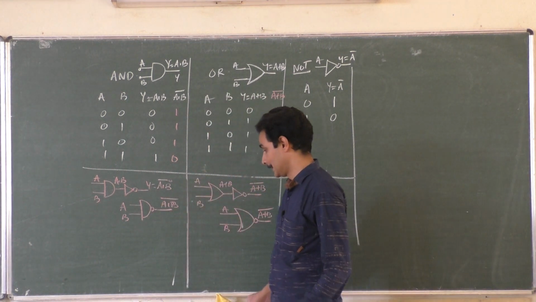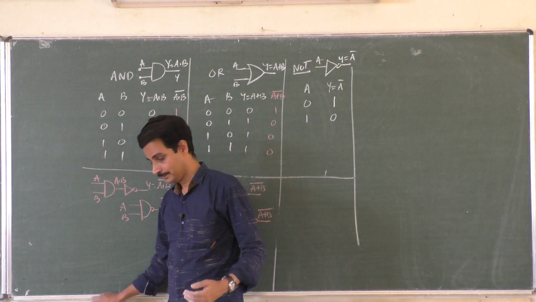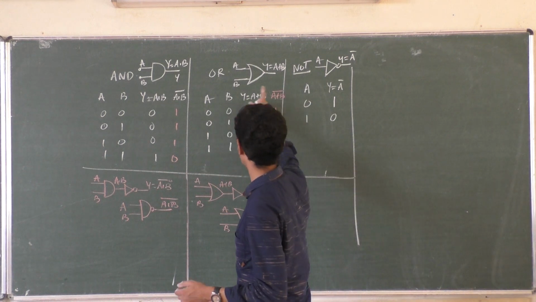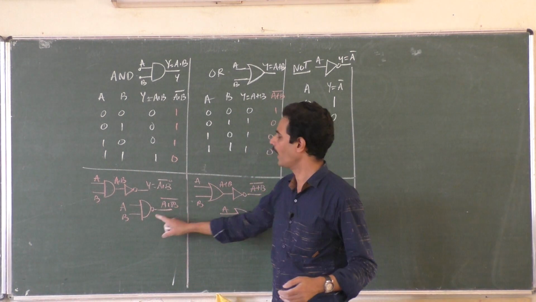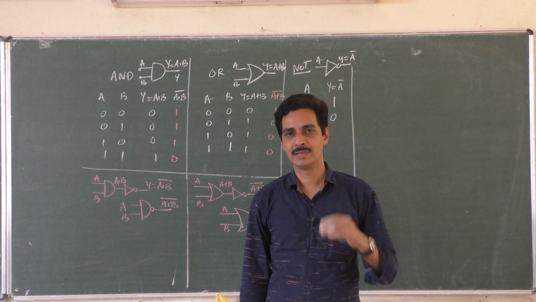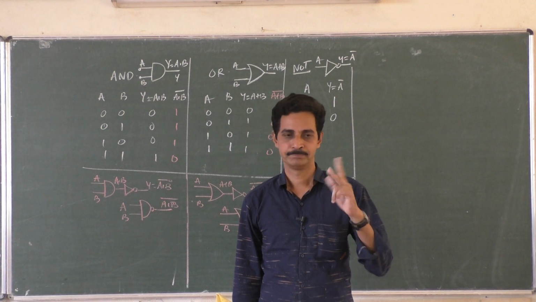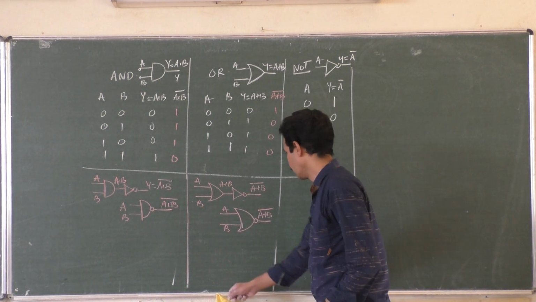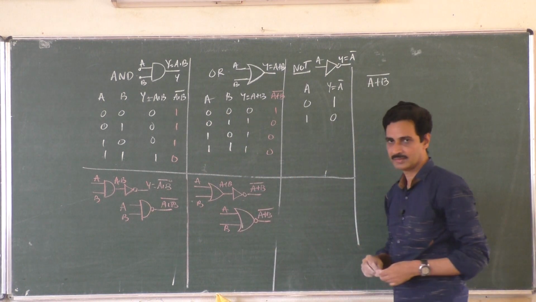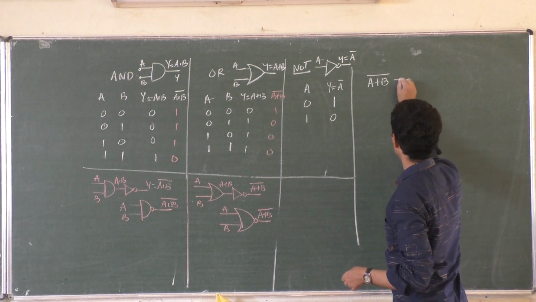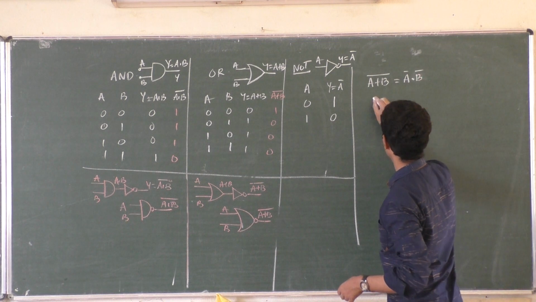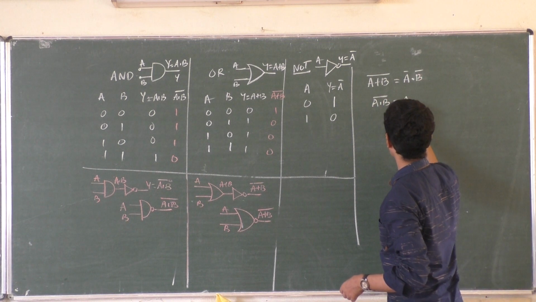Okay, now proceeding further. You said that NAND and NOR gates are called universal gates because you can construct any type of gate using NOR and NAND gates. And if you want to prove it, you must study two theorems called De Morgan's theorems. What do De Morgan's theorems say? If you have a calculation like this, (a plus b) bar, then it is a bar dot b bar. What is (a dot b) whole bar? A bar plus b bar.